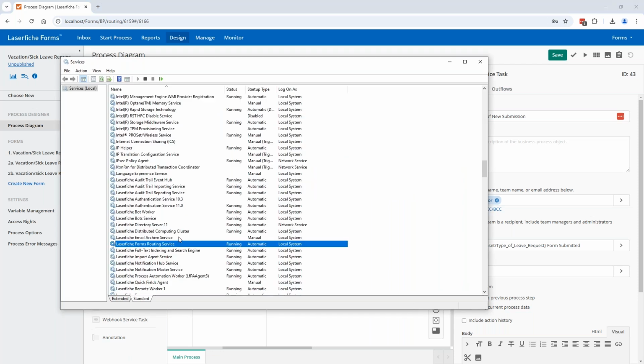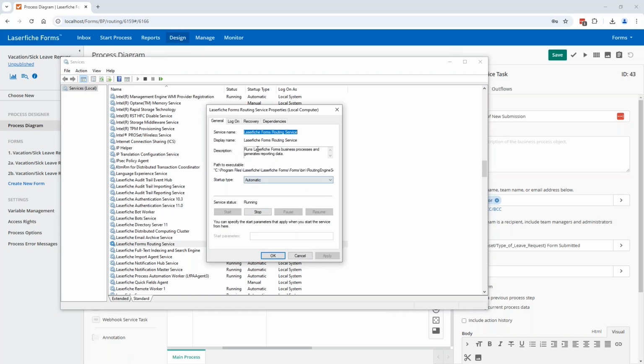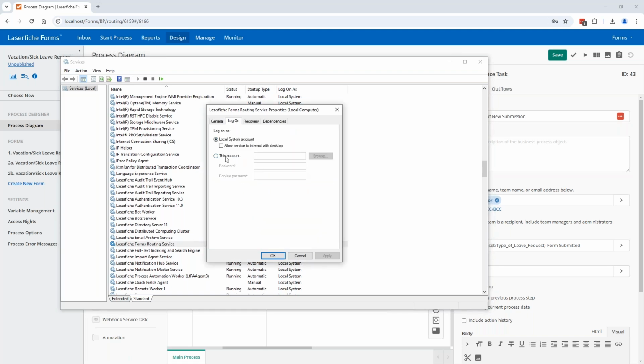So one, in the services for the forms routing service on the server, so this is kind of looking under the hood, if you will, that service, if we look at it, ignore the way my setting is set for login, you'll typically want to make sure that the routing service is using a service account that's on your domain. And it's usually a special Laserfiche account. If you don't have one, feel free to create one if your domain admins would do that for you. The reason why we want a service account is usually we can set it so that